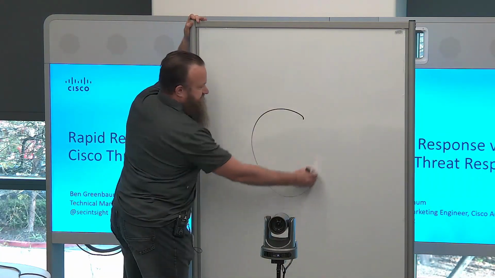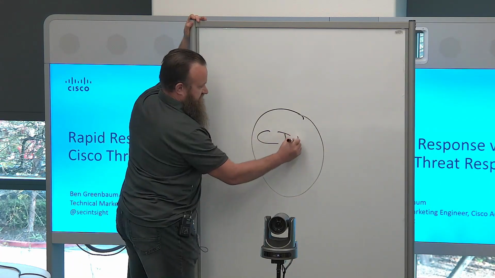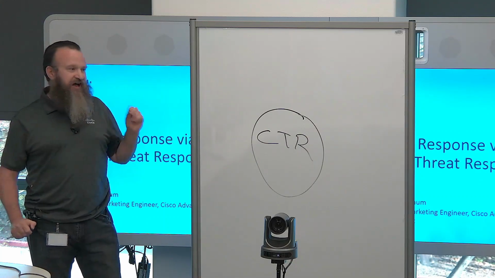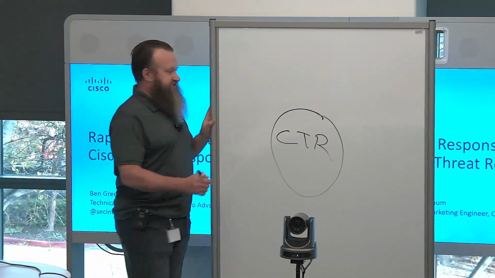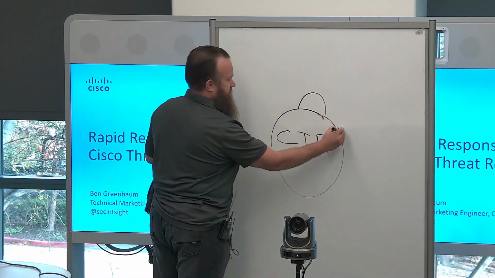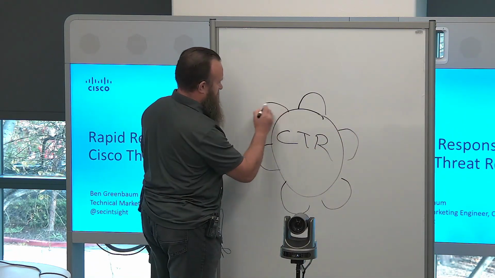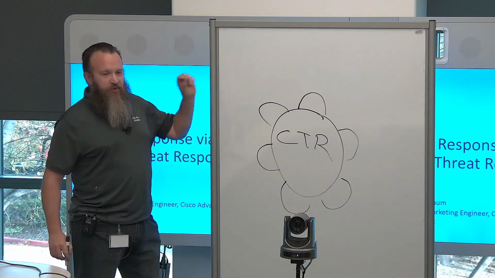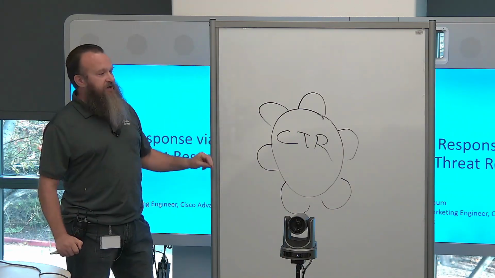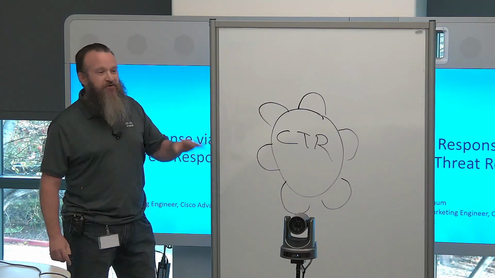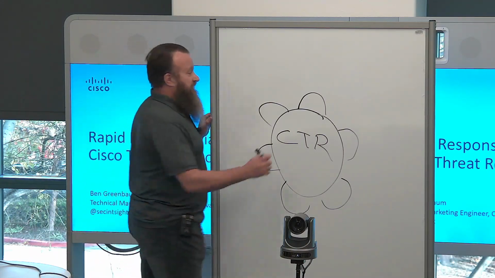Cisco Threat Response is an API-driven integration platform. And it's done via modules. So we'll just pretend all of these are modules, not a silly cartoon flower. But we use modules to talk to all these different APIs across the Cisco security portfolio so that you don't have to. So we've got a module